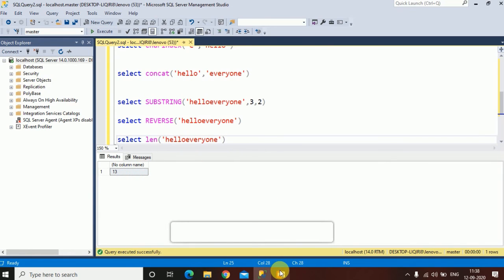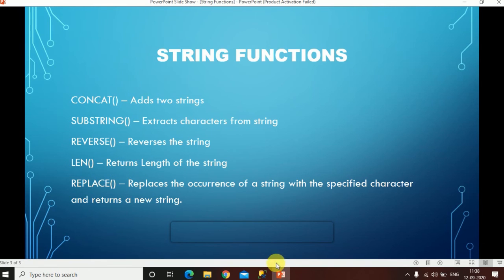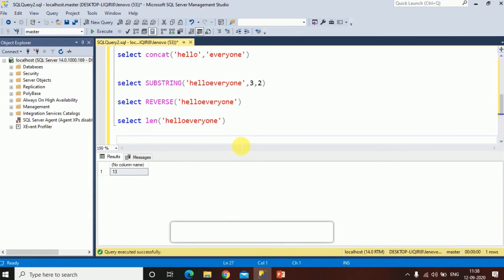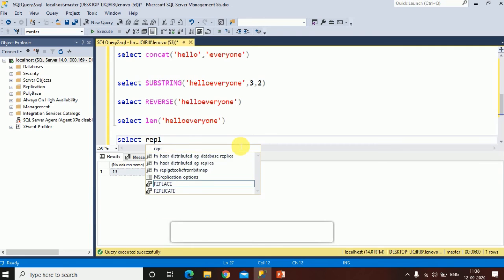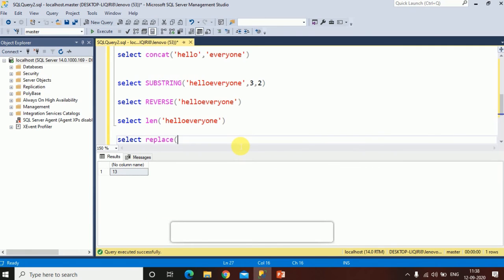Now we'll check another string function, that is REPLACE. In the IntelliSense you can see it giving help: the expression to be searched. I want to replace the character in this string. I want to replace character E with this symbol, ampersand.